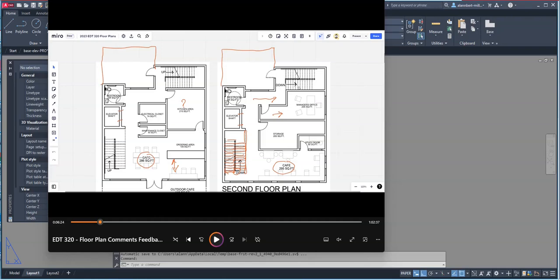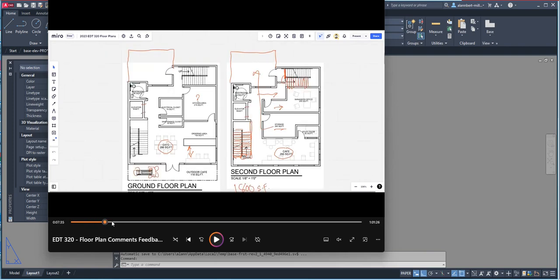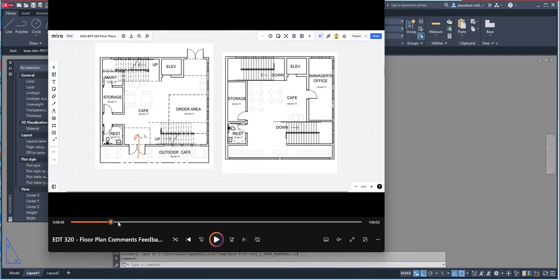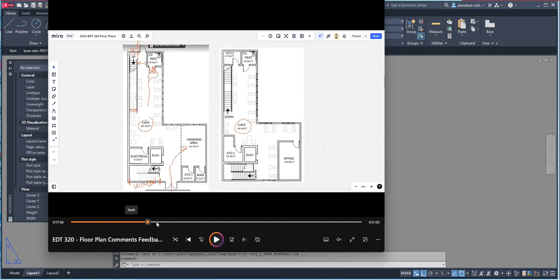Hello, the purpose of this video is to show students how to do a revision on their floor plan. By now, you should have already watched the video on floor plan revisions or floor plan corrections. Some of them are extensive and some of them have very few, but mostly all of them have revisions to do. And so for this week's module, you are going to do your revisions